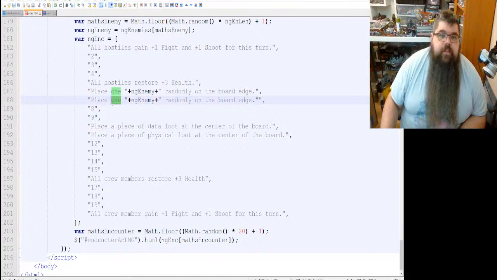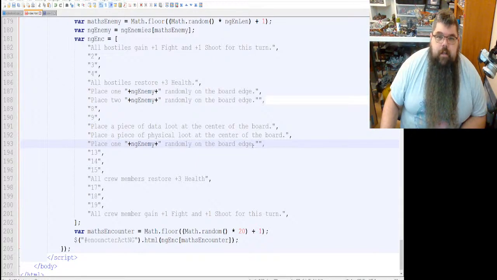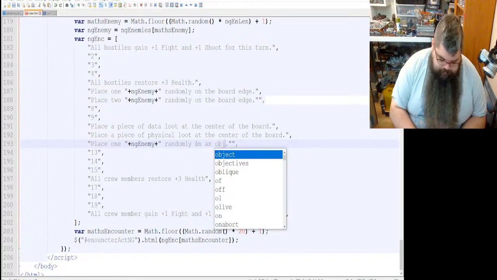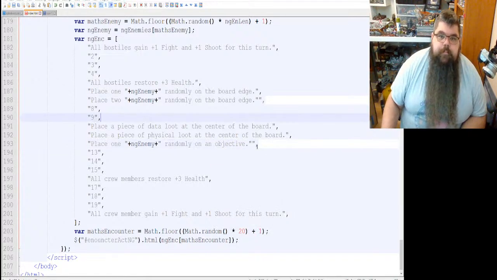This is going to be place 2, and this is going to be place 1, randomly on an objective, like that.